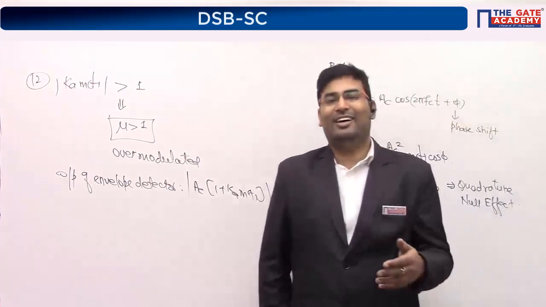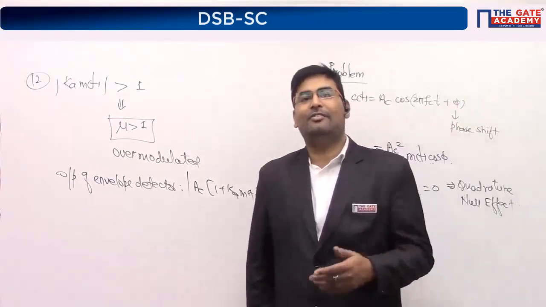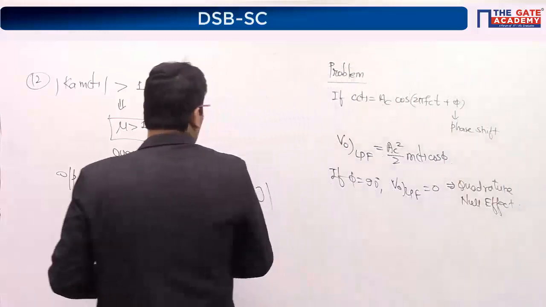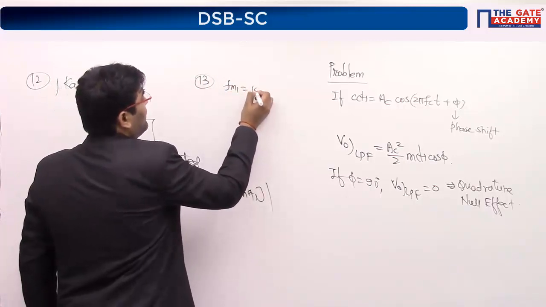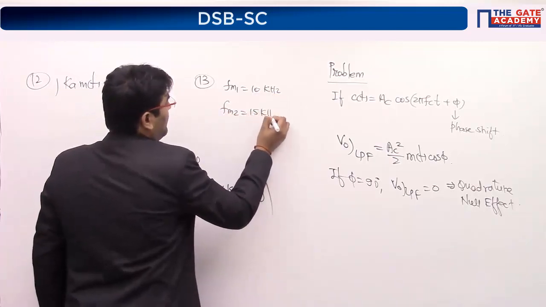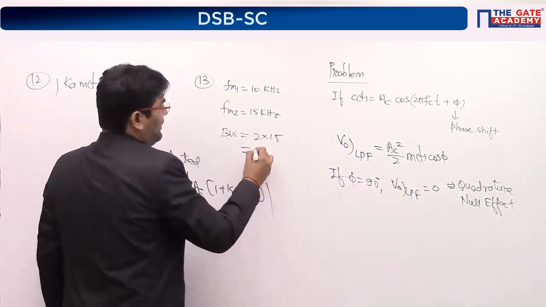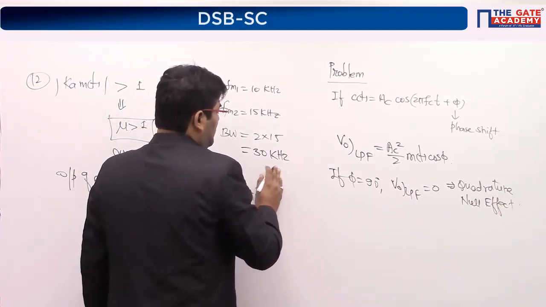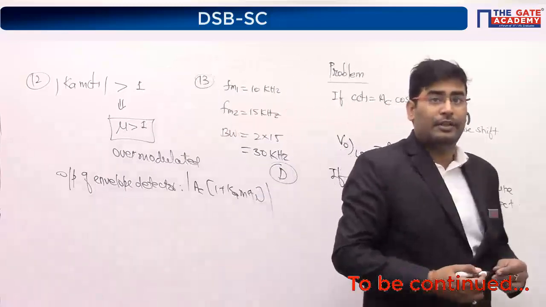Now, if you recall, m1(t) and m2(t) have different bandwidths, 10 and 15. Which one will we take? Obviously, we take the maximum. That's what you have done, because you've got the right answer. Let's say fm1 is 10 and fm2 is 15. So what is the bandwidth? It is twice the maximum, which is 15, so the answer is 30 kilohertz. Very good, guys. Option D.